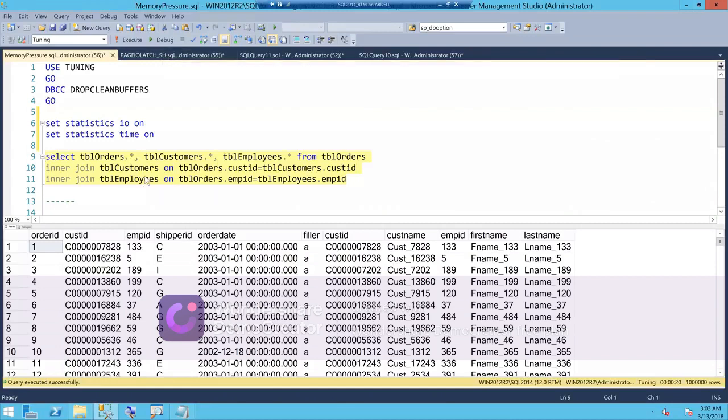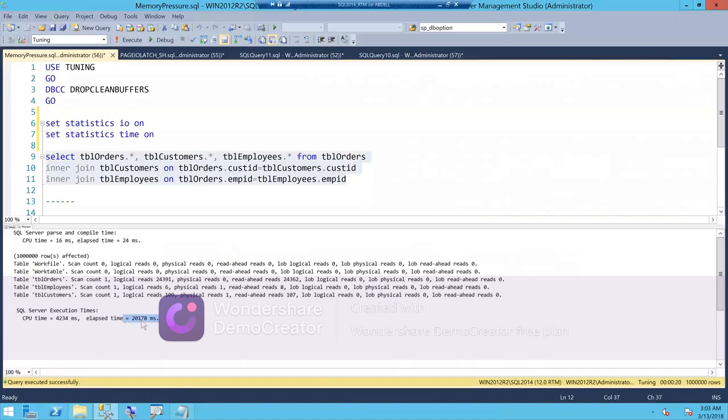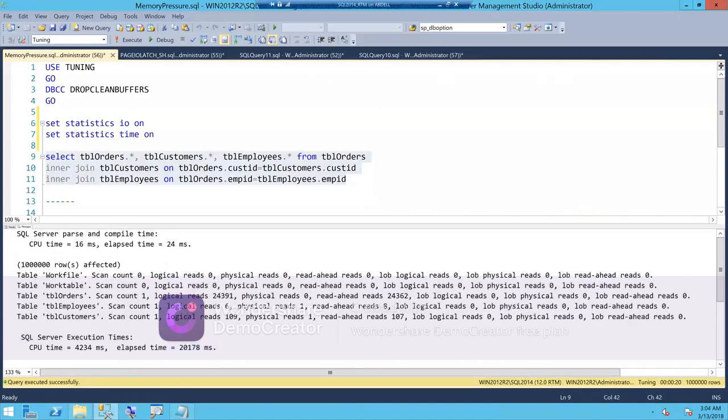Now, you saw that this wasn't hitting page IO latch, but what does this mean? This is running and it's not really waiting for anything. So are running and waiting the only hints as to whether there is a performance issue? Absolutely not. If you look at the execution time, this query took 20 seconds approximately. So let's zoom a bit into this. It spent about 4 seconds on the CPU, and it has spent about 20 seconds